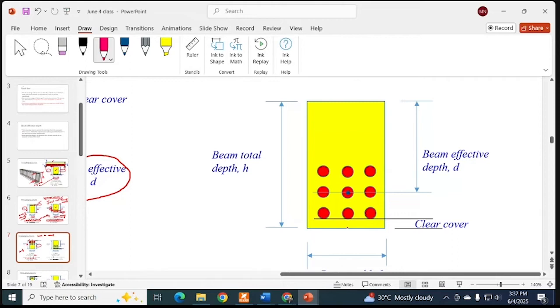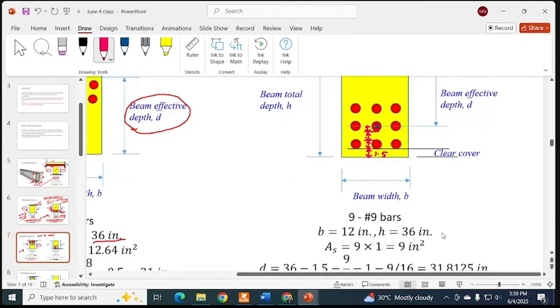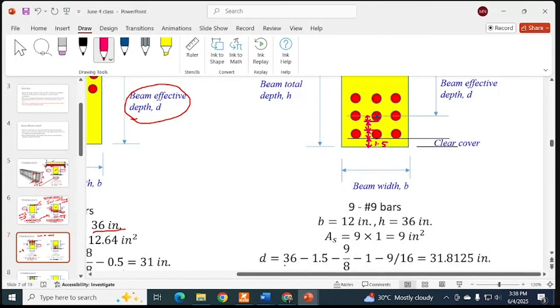ইউ উইল সাবট্রাক্ট দিস। ক্লিয়ার কভার, ফার্স্ট, এটা 1.5 ইঞ্চ মাইনাস করবা, তারপরে সাবট্রাকশন করবা একটা বারের ডায়ামিটার, তারপরে সাবট্রাকশন করবা 1 ইঞ্চ লেয়ার টু লেয়ার ডিস্টেন্স, তারপরে সাবট্রাকশন করবা একটা রেডিয়াস, তাই না? Yes, sir. সো এই যে দেখো, টোটাল ডেপথ 36, ক্লিয়ার কভার, তারপরে একটা বারের ডায়ামিটার, লেয়ার টু লেয়ার ডিস্টেন্স, একটা বারের রেডিয়াস।